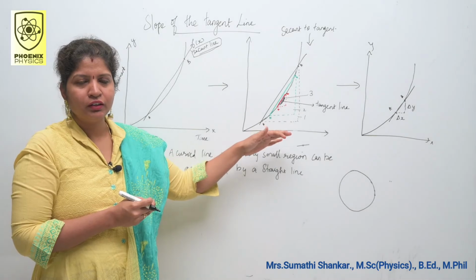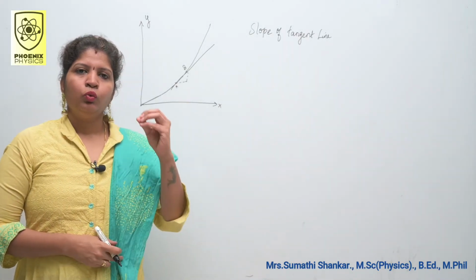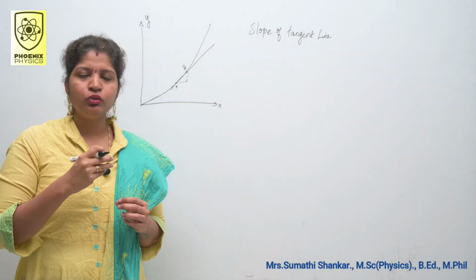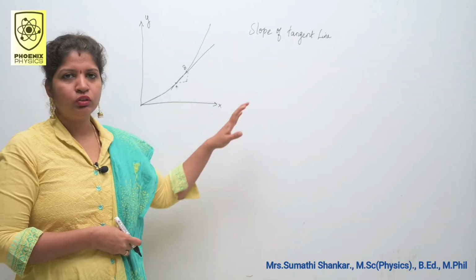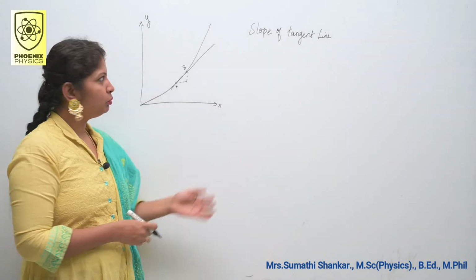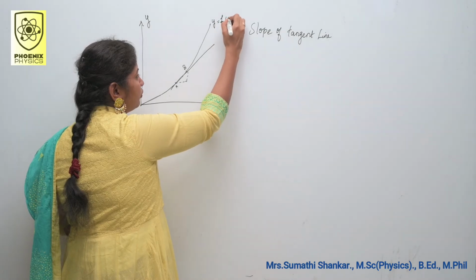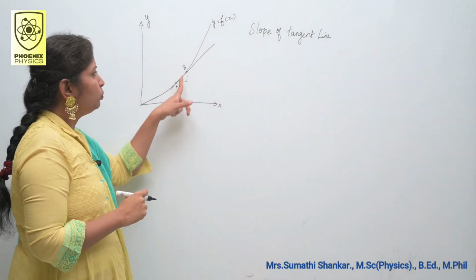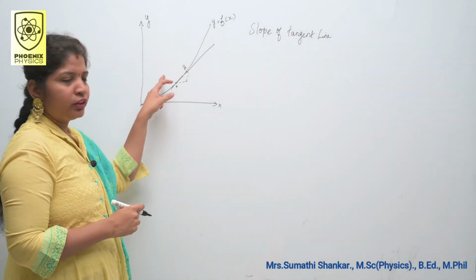Up to this clear? So far we discussed what is a tangent line and how to convert from a secant line to a tangent line. Next we are going to find out the slope of the tangent line. So this is our final diagram. This curve represents y is equal to f of x. That f of x is a function. Okay. So consider 2 points A and B. Now you mark the coordinates.